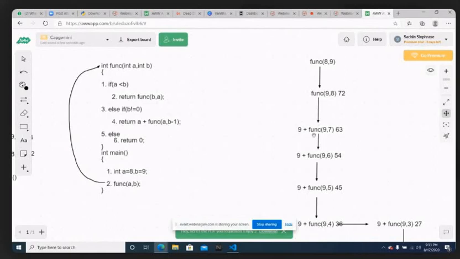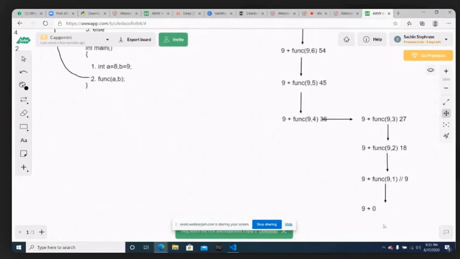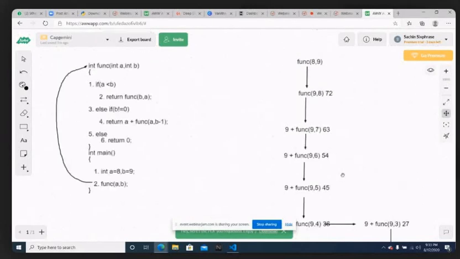Because when I represent this within a tree structure, then this 9 plus 63, 9 plus 54 will look better. You can understand how this 9 is adding with 54, how it is carried out. So the final answer of this recursive code is actually 72. I hope you understand this calling nature. If you understand the call, then you should also have understood how the values are added in the returning phase.